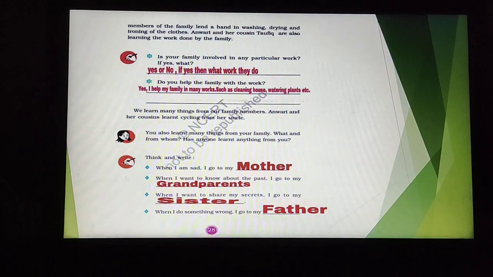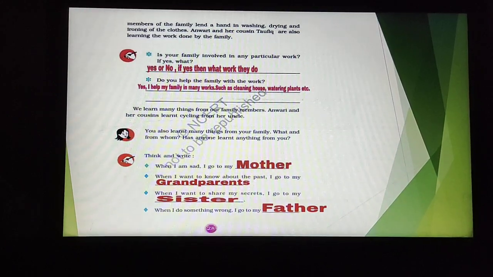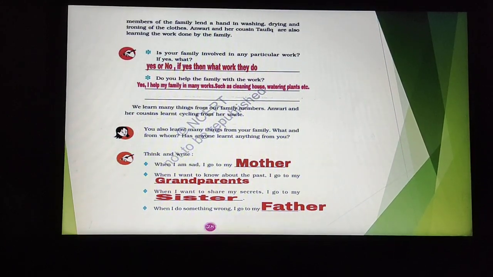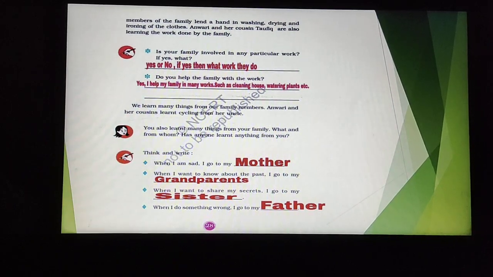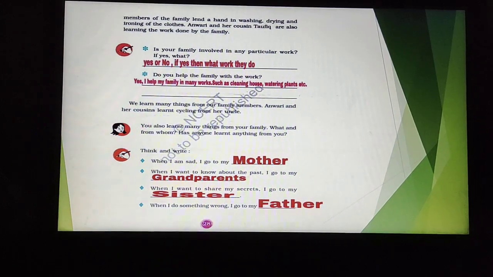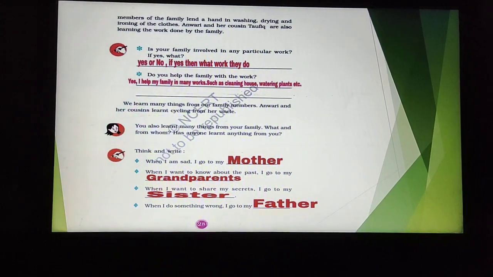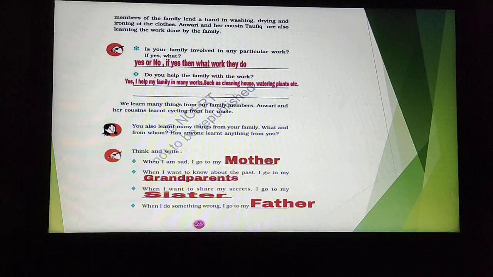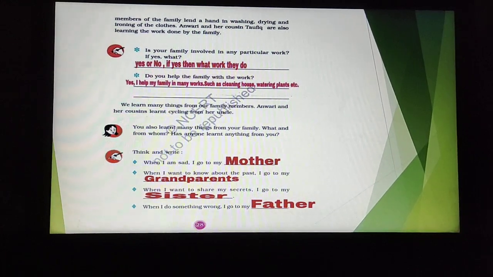When I am sad, I go to my mother. When we are upset, we don't like to do anything, and when we are upset about something, we go to our mother. Why do we go to our mother? Because our mother loves us, right? She makes us feel better. Now the second, when I